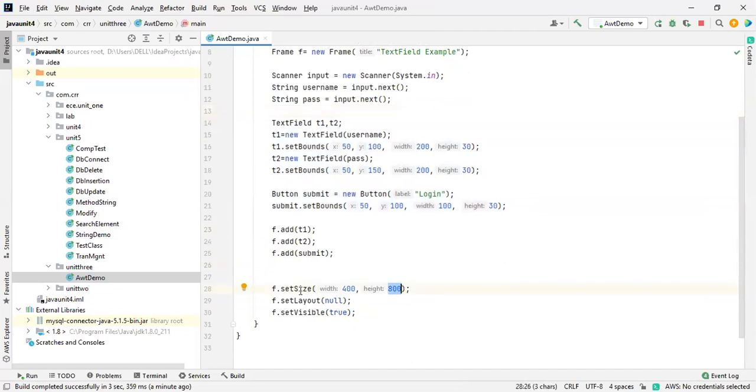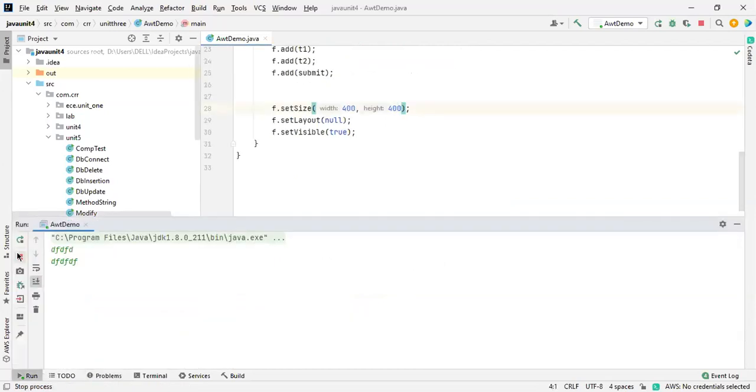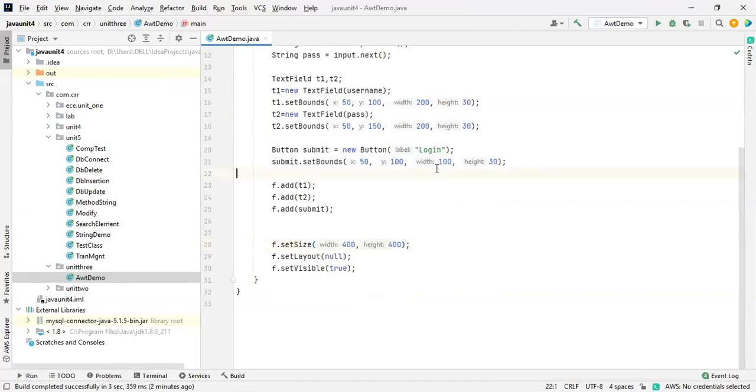So this is like layout bounds, right? The height has been changed. We'll take it as 400 so that it will be easy for us. Even the button is not visible over here. 400, 50, 100, and width, I'll take it as 80 and 30.